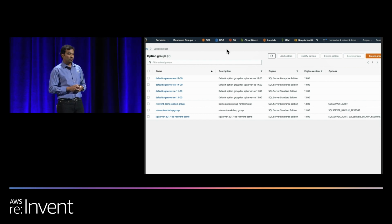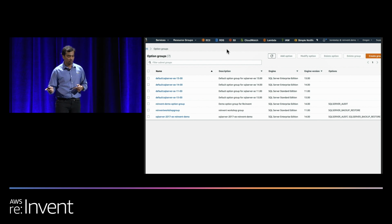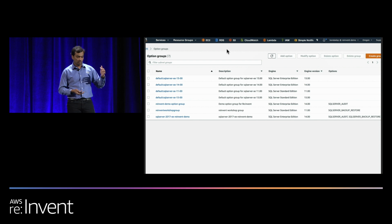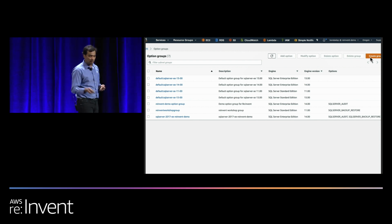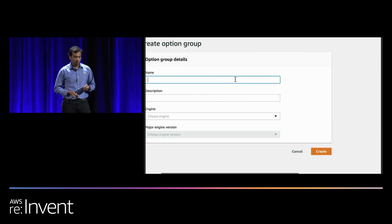The first thing, as I mentioned, is we need to create an option group and add the option audit to the option group. So an option group is essentially a logical collection of options. So here, the first thing I'm doing is clicking on the create group button. I'm giving the group a name,